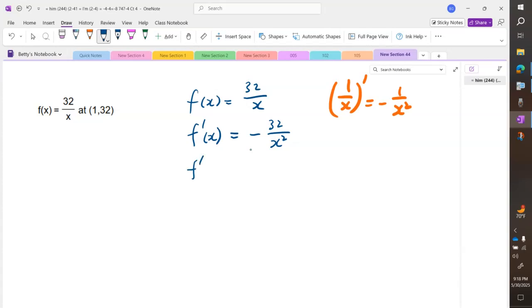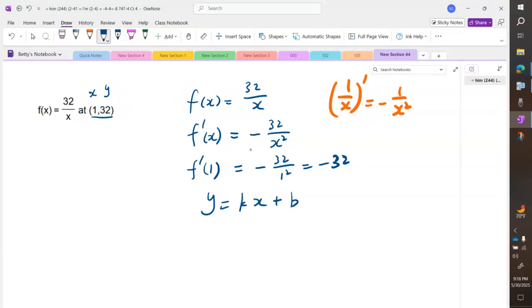And now we're going to plug in x equals 1. This is an ordered pair representing a point on a curve, also a point on a tangent line. So the first component is x, second component is y. So x equals 1, so plug in x equals 1. Then we have negative 32 over 1 squared, which is negative 32. All right, so that means what? That means the slope